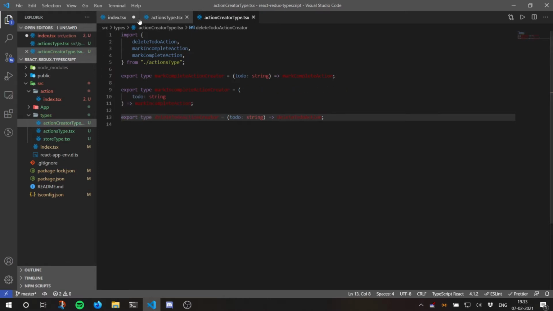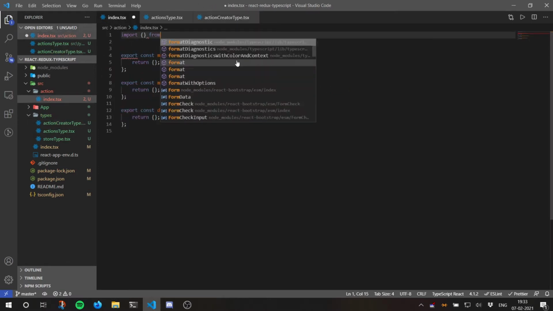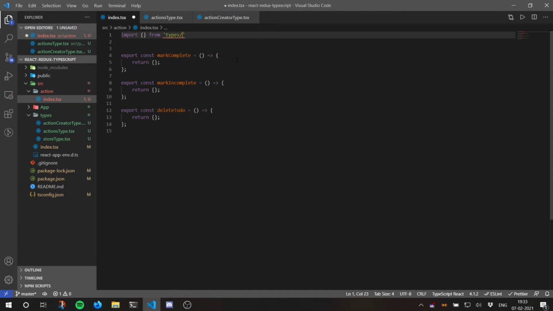Like that. And in index, we can import it from types. If you remember, we had put a base URL in tsconfig, so it will help us to import these modules absolutely from the src file. So if I go into the types folder like this and into action creator types, I can easily get access to those modules. So if I press Ctrl space here, I get all the named exports